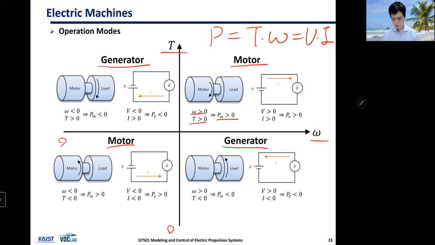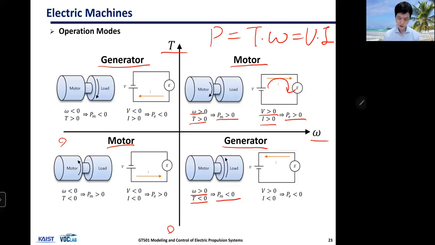And in this operating mode, this quadrant, what happens in the electrical circuit is that you're applying positive voltage, and the current is also positive. So your current is flowing in this direction from the electric machine perspective, and from the electrical perspective, this is also the positive direction. But let's say your torque is now negative and the rotating speed was positive,